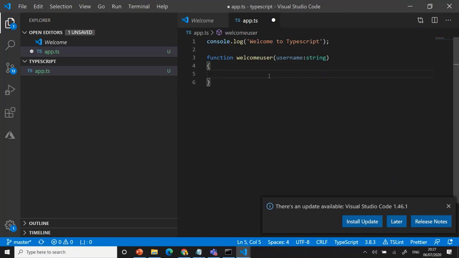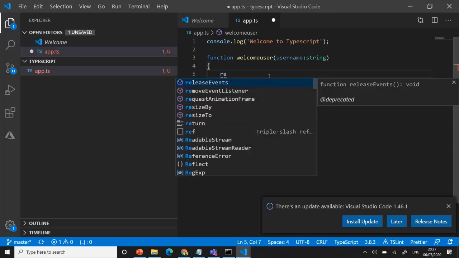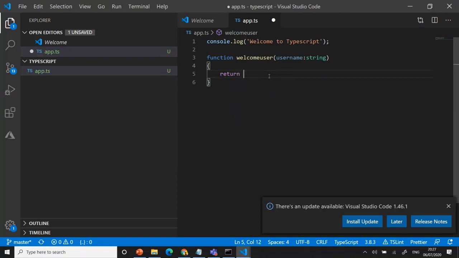Once you have a function, you can say you want to return some value. Return just a username, whatever you are getting, and you can pass the value also. You can get the method like username plus, just concatenating, get the username and return it back. Username colon username, whatever returns. This is a simple function.